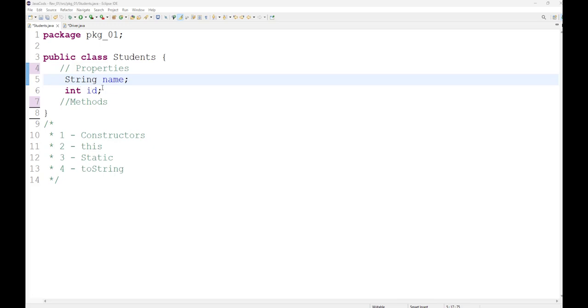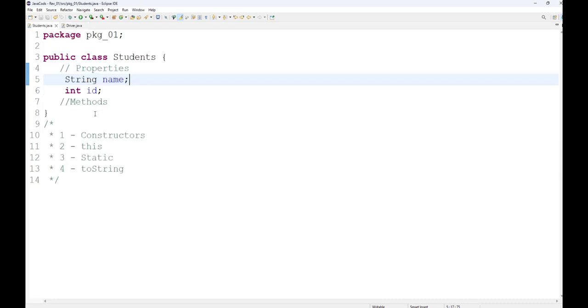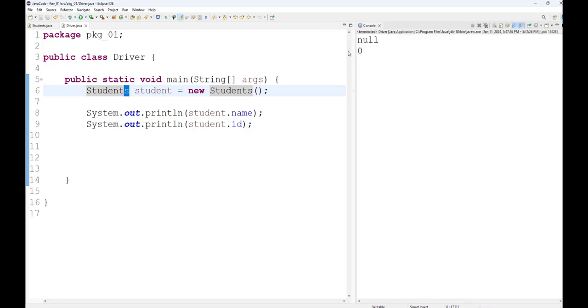And if I go into the main class, which I have already created, and if I instantiate the students class with an object students, its data type students with an S, that's the main class. And if I run it, even though I don't have any constructors written, so there is no written constructor here, the default constructor runs in the back. So if I run it, I will get null and 0 because